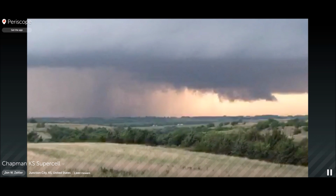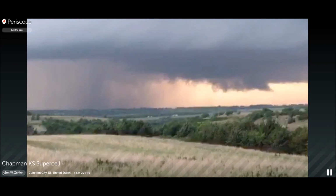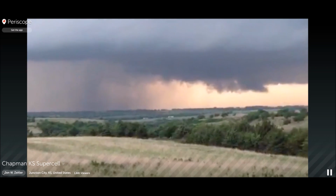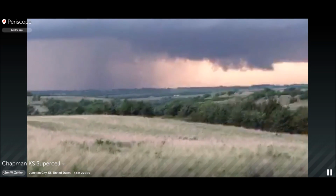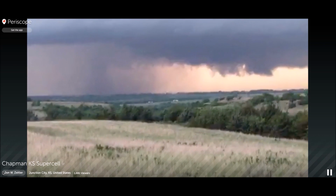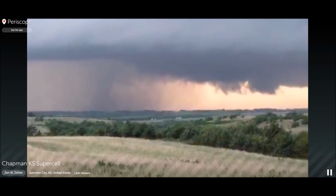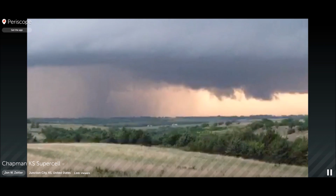Unfortunately, as beautiful as this might be in nature, we are aware that it's done significant damage. I don't know anything about injuries or fatalities. When it was north of the Abilene, Kansas area, we saw a lot of emergency vehicles on their way, and the local weather service office has reported that there's at least significant damage with this tornado. We don't doubt that because it was a huge wedge on the ground, and now you can see this elephant